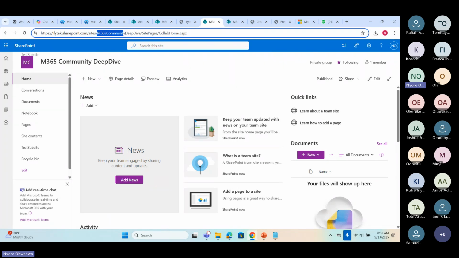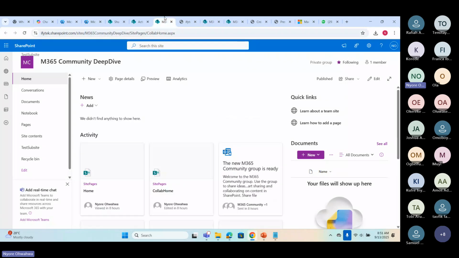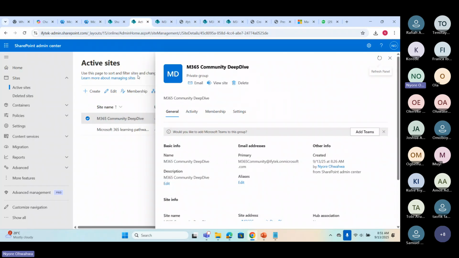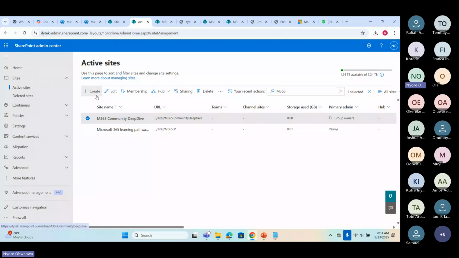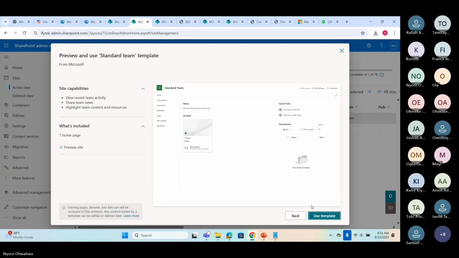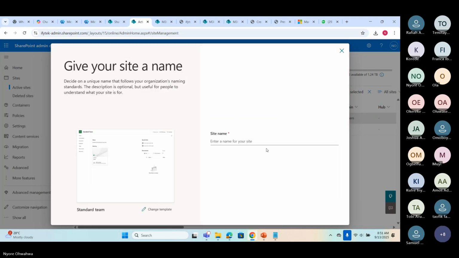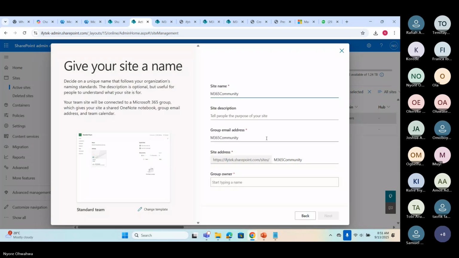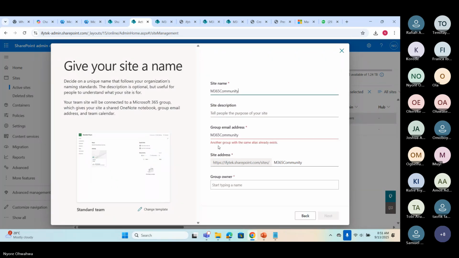Let's try to create another site with M365 Community and see what we get. Another group with the same alias already exists.